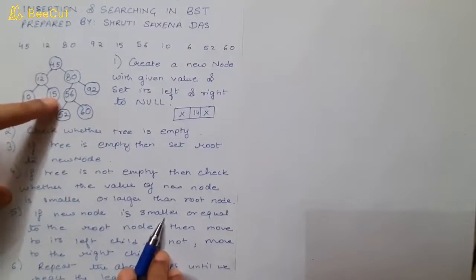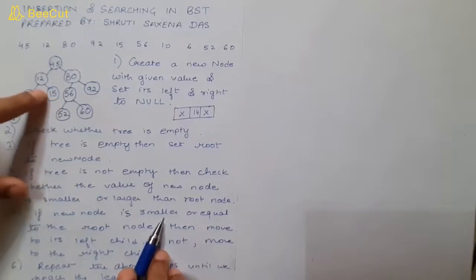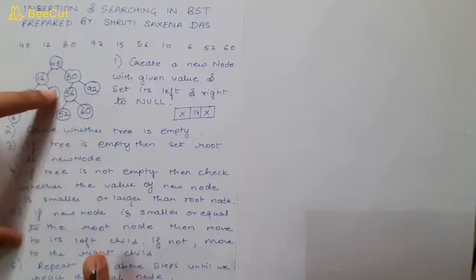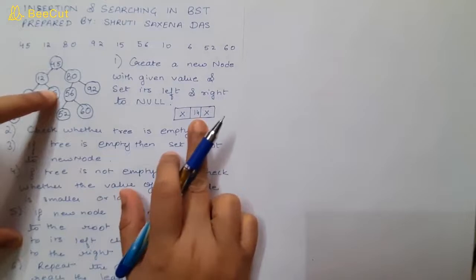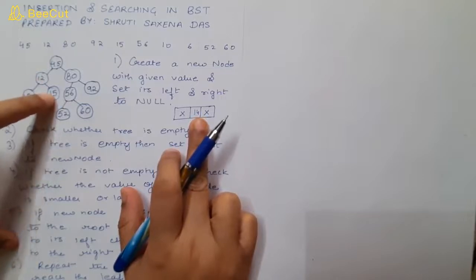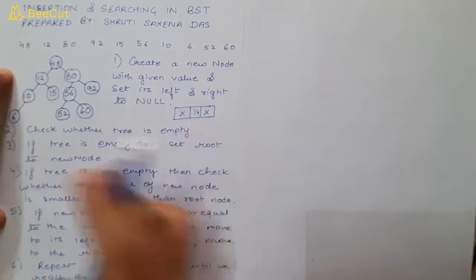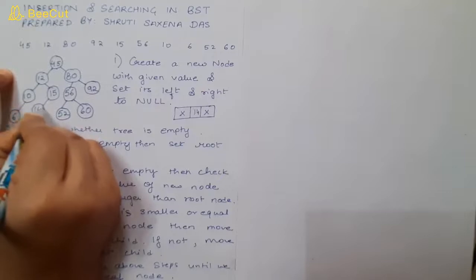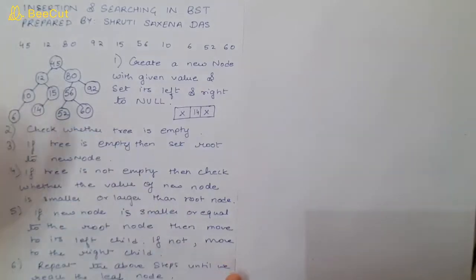Now 15 is a leaf node. Here 15 does not have any child, that's why it's a leaf node. See the last step: after reaching the leaf node, insert the new node. Once you have reached the leaf node, now you have to insert this new node, which is 14. You'll compare it with the value of the leaf node. If it is less than this value, then you insert it in the left, otherwise in the right. So 14 is less than 15, so we'll insert 14 in the left of 15. Like this you have to insert any value.